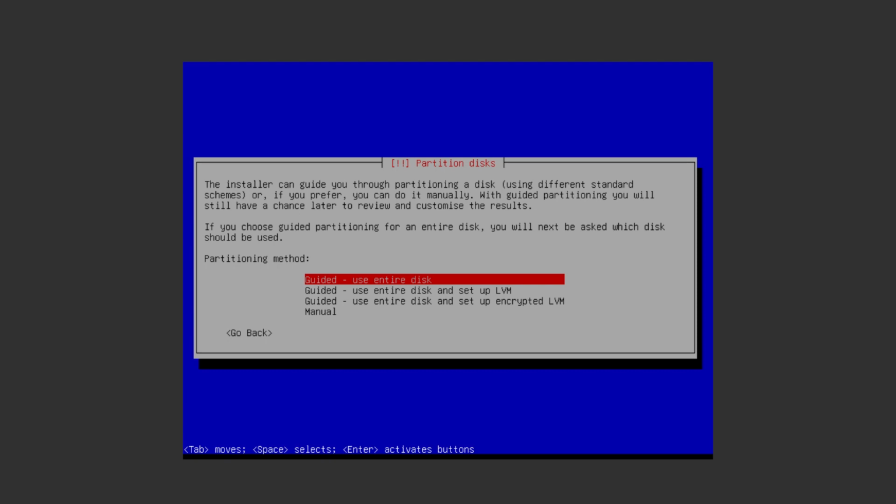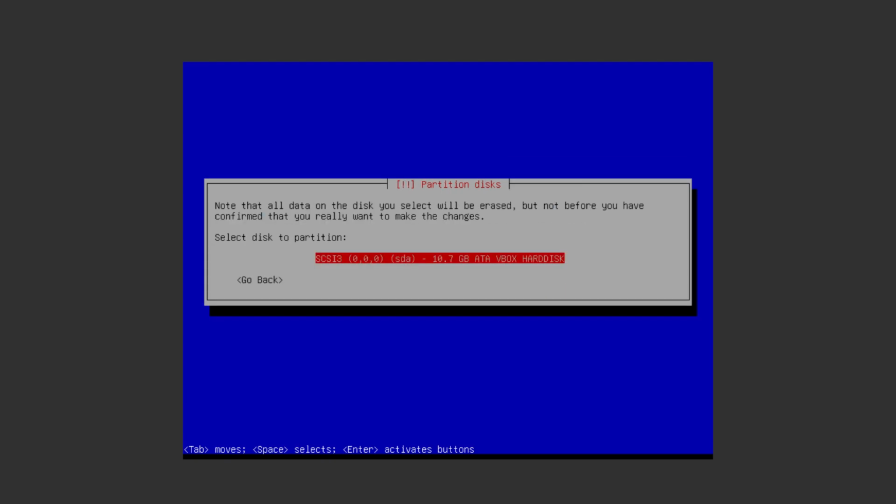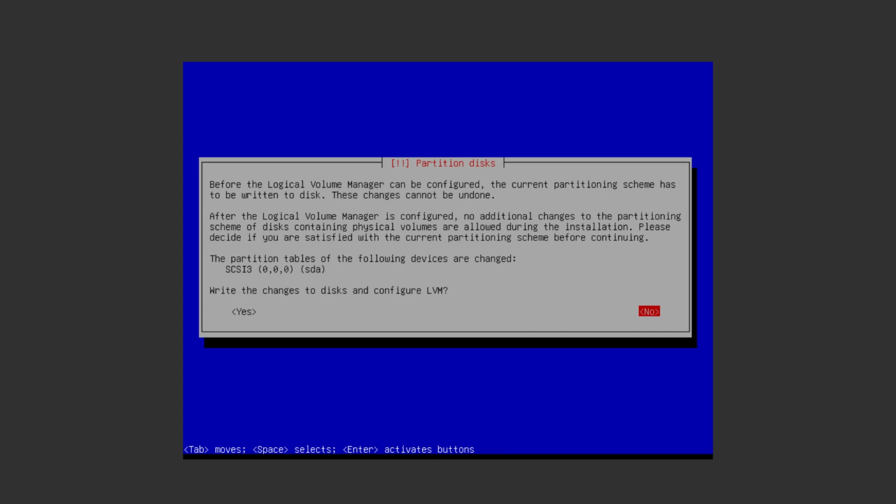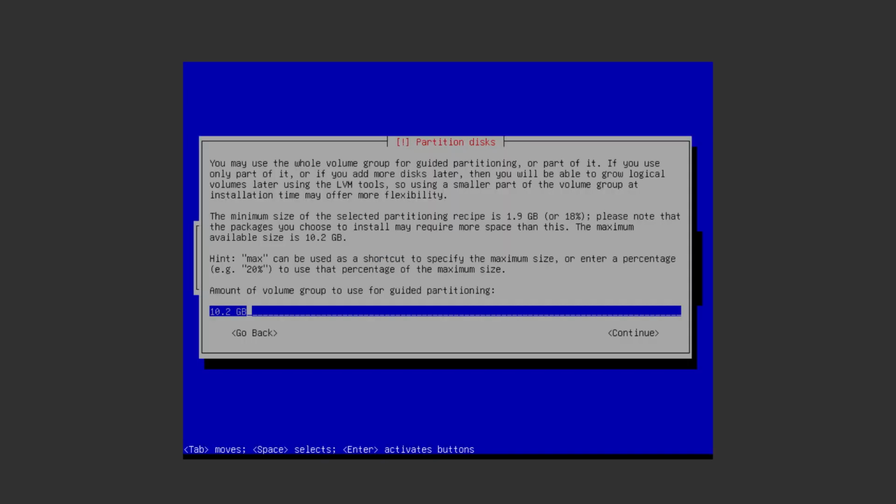Now we can design our disk layout. And of course, this is all down to you. You can use anything that you want, but I'm going to use the LVM management system. Generally, I'm working with LVM, so it makes sense to move away from the defaults in this case. But I emphasize this is your customized virtual machine. So I set the guided LVM, and then I can choose, do I need separate logical volumes? I'm just going to say no, all files in the one volume. And we can just continue through with the rest of the defaults.